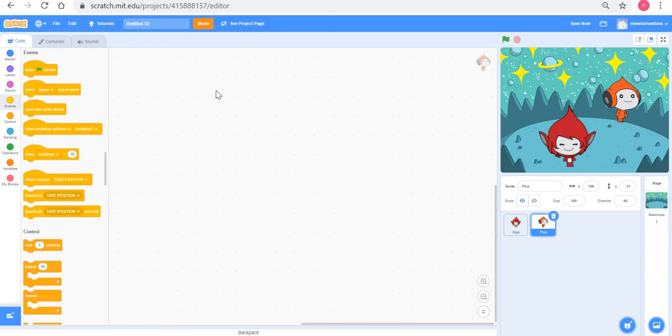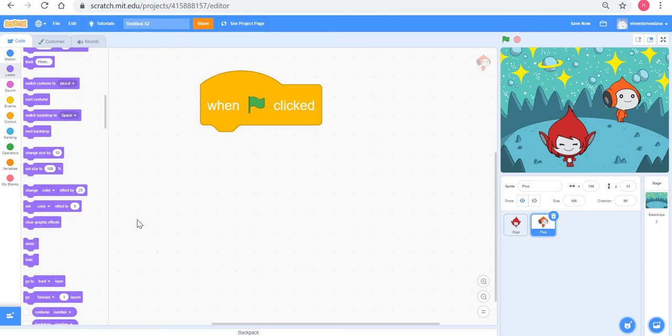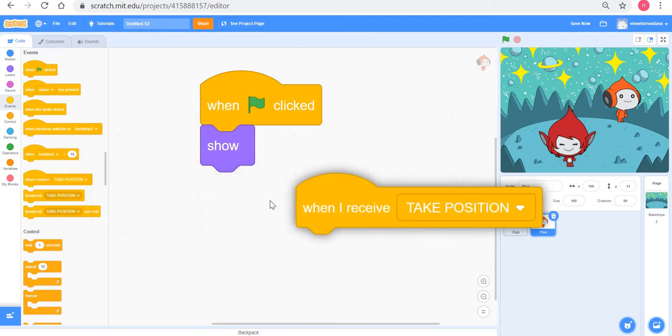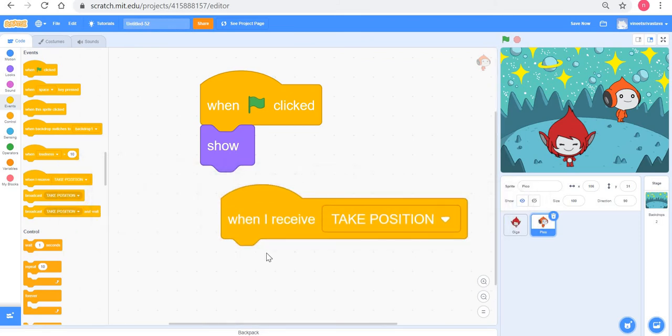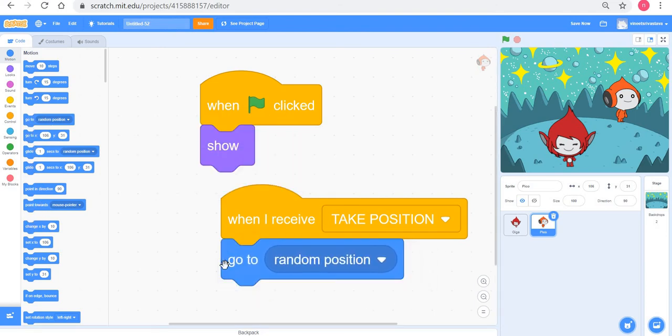Let's say I say when flag clicked, then perhaps show from looks, and I go to events and I say when I receive take position. Now notice Pico is only receiving. Pico is like a radio in your car. It is just tuning to this particular message called take position, and all it has to do now is to say motion, go to random position.